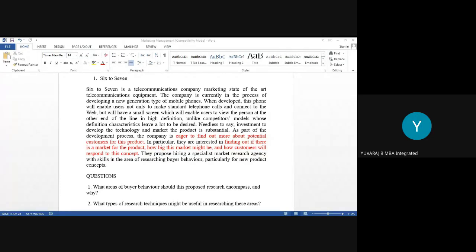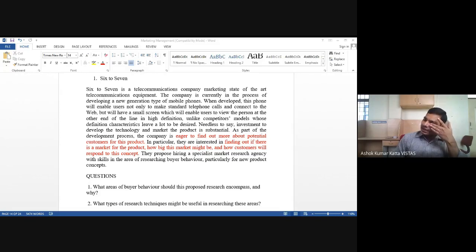The random sampling means from a group of 1,000 people, around 10 to 100 people are picked, and they are asked questions on this product: what do you like, how much price, and what quality you want. If there are 100 people, we can take randomly 30 members and ask what color, what design you want in the particular mobile. That is simple random sampling. That is what you are telling.